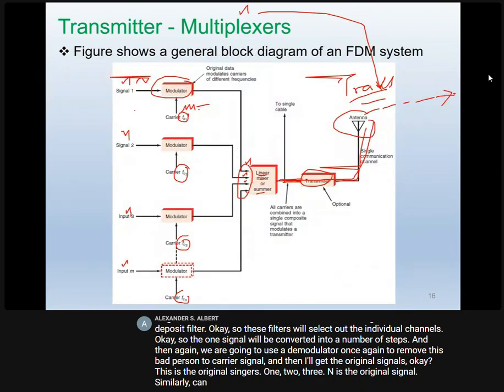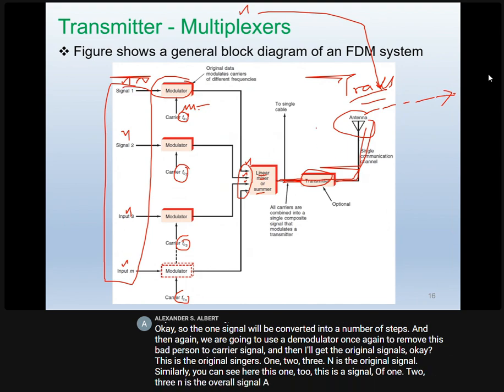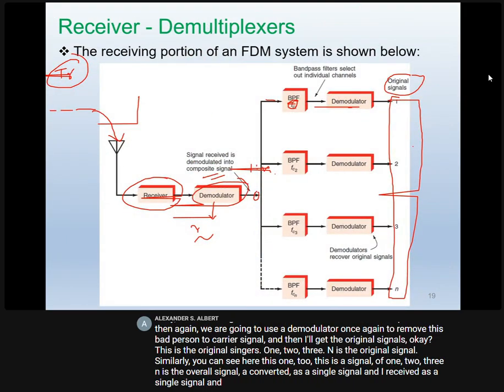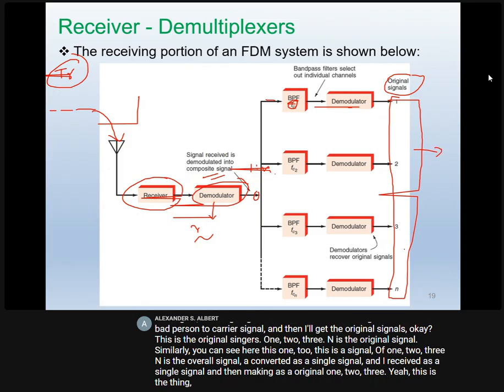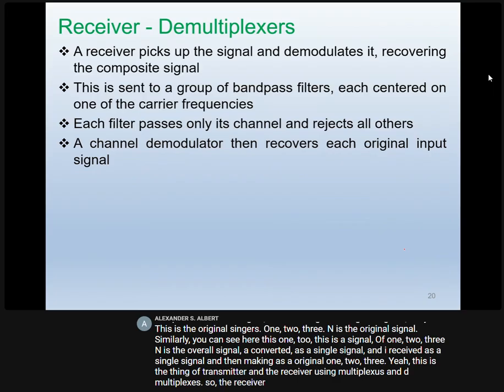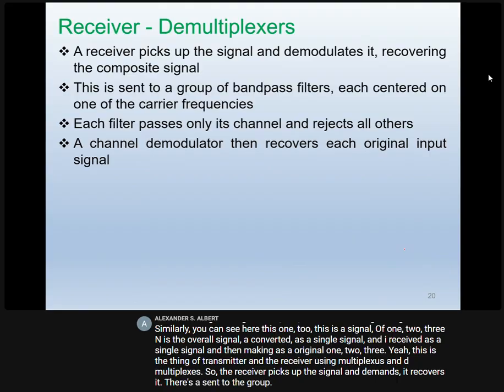Similarly, you can see here, this 1, 2, this is a signal. 1, 2, 3, N is the original signal. I converted it into a single signal, and I received it as a single signal, and then made it the original 1, 2, 3, N. This is the transmitter and the receiver using multiplexers and demultiplexers. So the receiver picks up the signal, demodulates it, and recovers it. This is sent to the group of